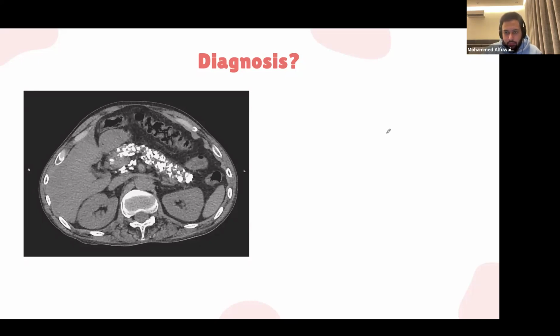Second most common? Stones. Most common in children? Cystic fibrosis. Acute pancreatitis is trauma. Chronic is cystic fibrosis. So with chronic pancreatitis, it obstructs the pancreatic ducts or pancreatic acini, which will lead to